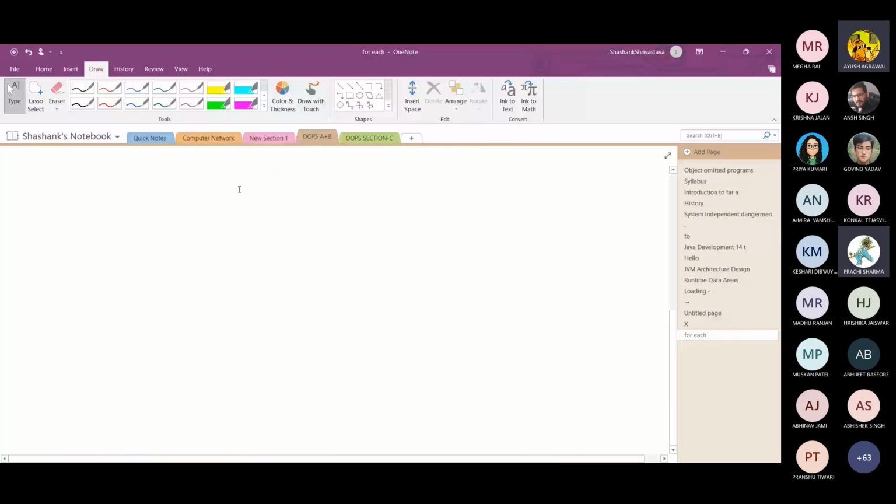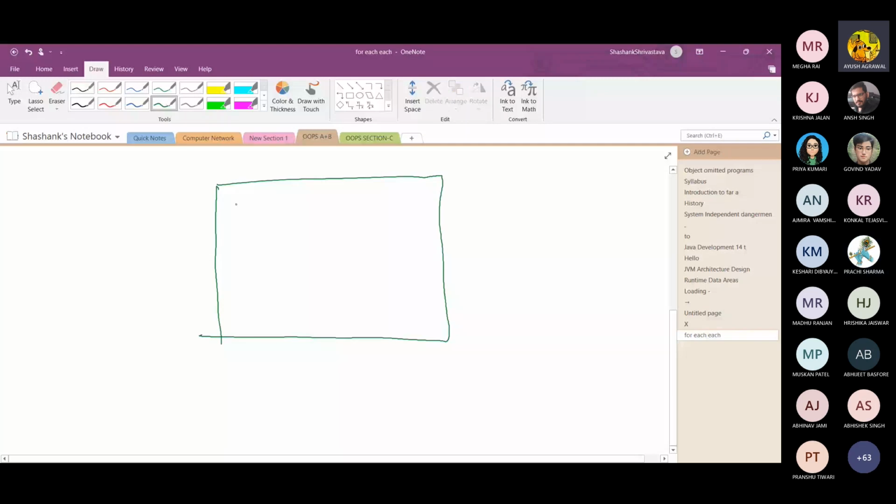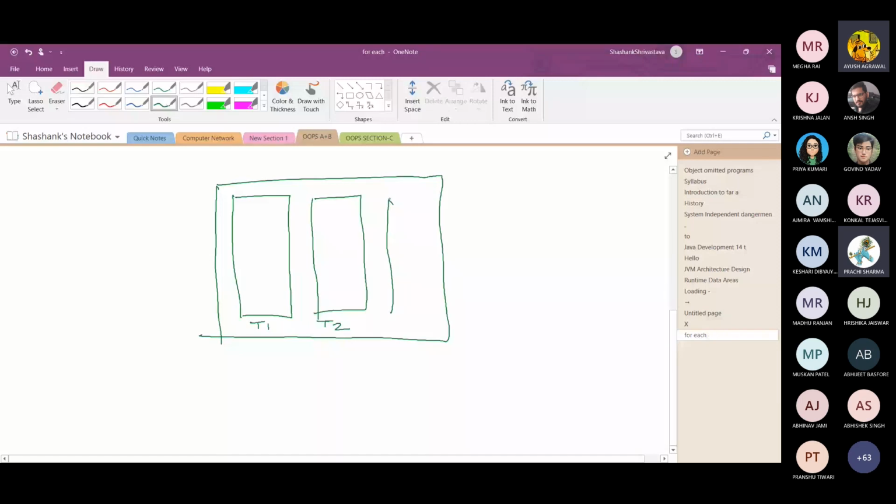This is the stack for thread T1, this is the stack for thread T2, this is the stack for thread T3. In thread T1 multiple methods are called. Suppose M1, M2, M3 methods are executed by the thread. These are all stored in the stack, and each entry is called a stack frame.